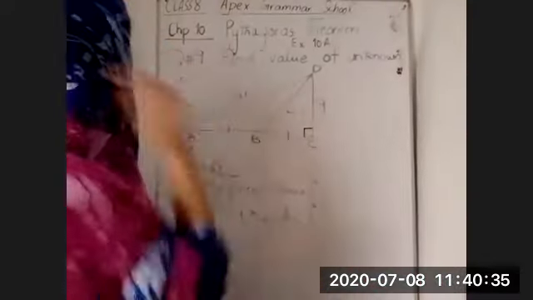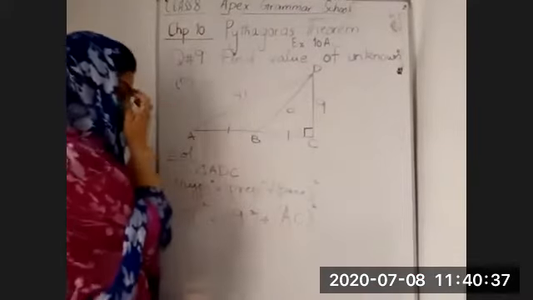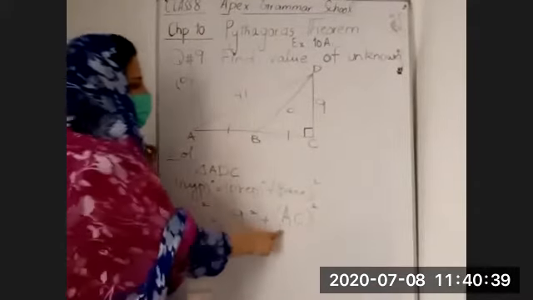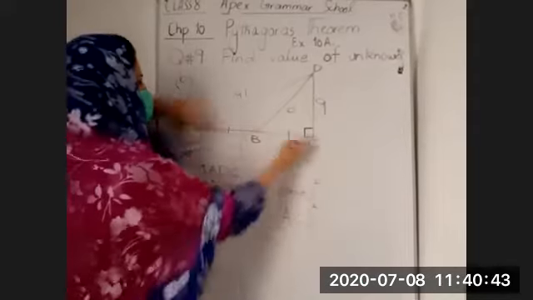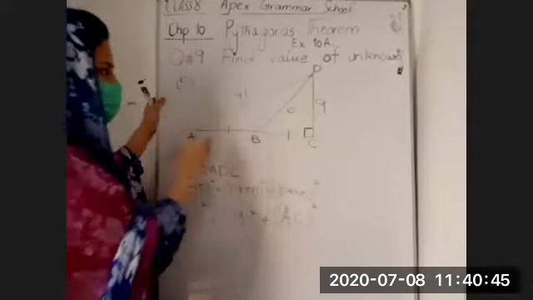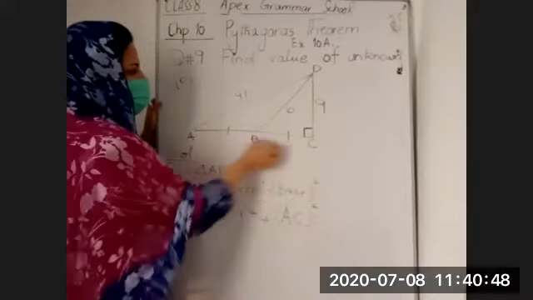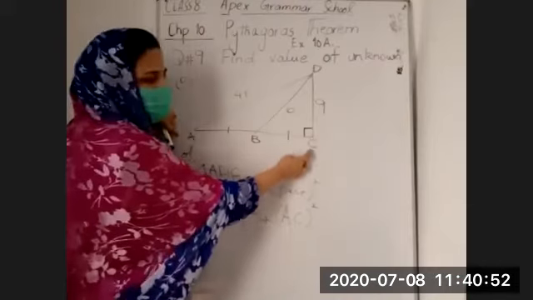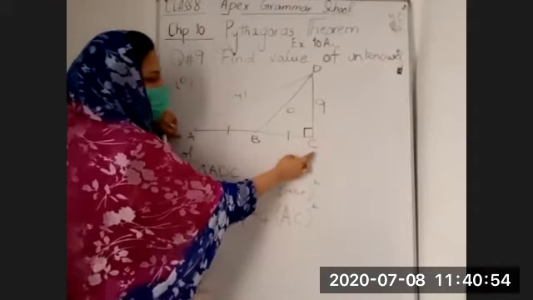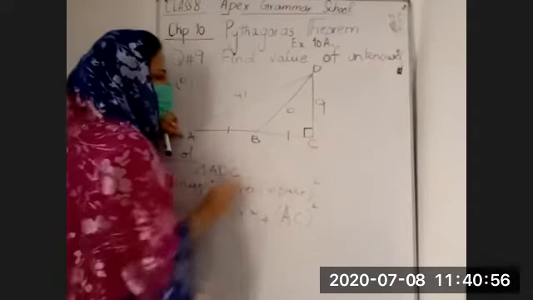Now you have to find the value of AC by yourself. By finding out the value of AC, you can see that AC is divided into two equal parts. AC को जो है वो दो बराबर हिस्सों में divide किया गया. These signs are showing that these two parts are equal. So you will divide AC on two. When you will divide AC on two, you will get AB and BC both.